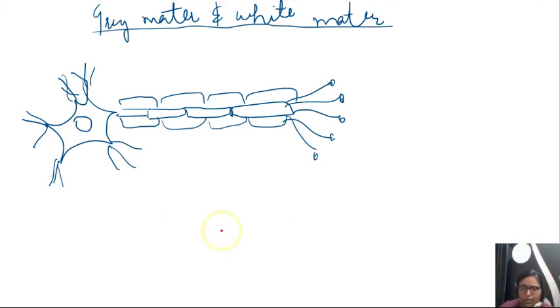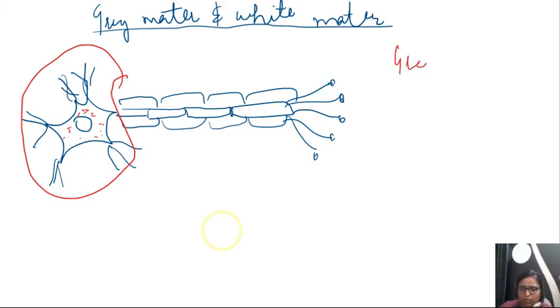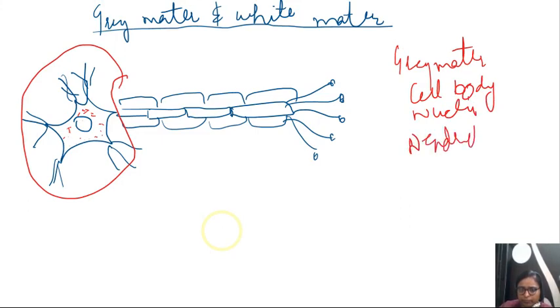See, if we see grey matter and white matter, your grey matter is your cell body and dendrites, means nuclei, all the nuclei including your cell body and dendrites are your grey matter. Fine. This is your grey matter,